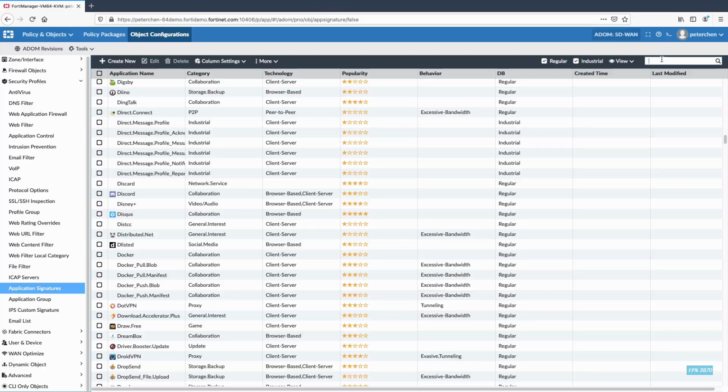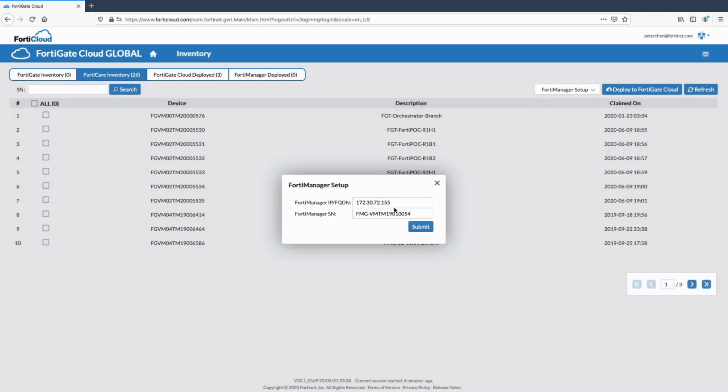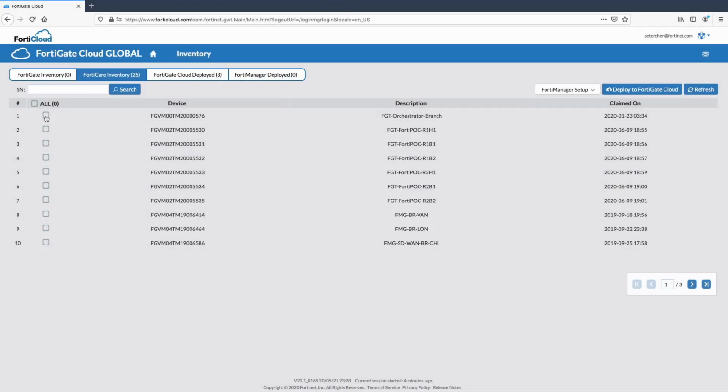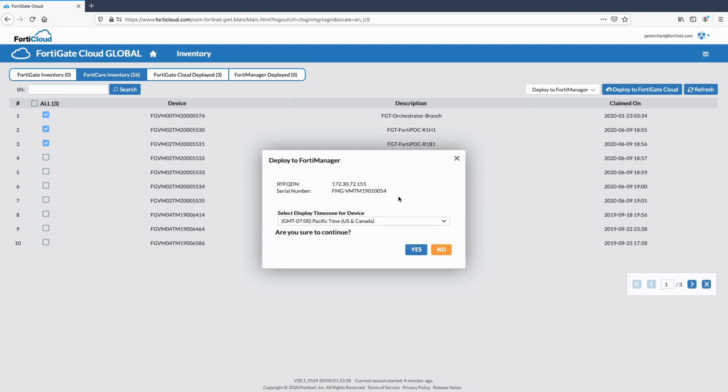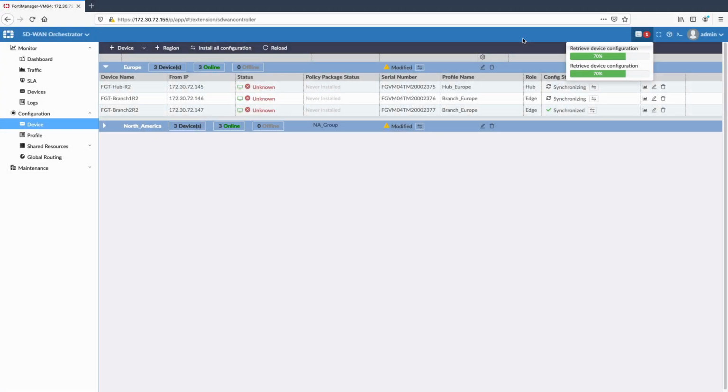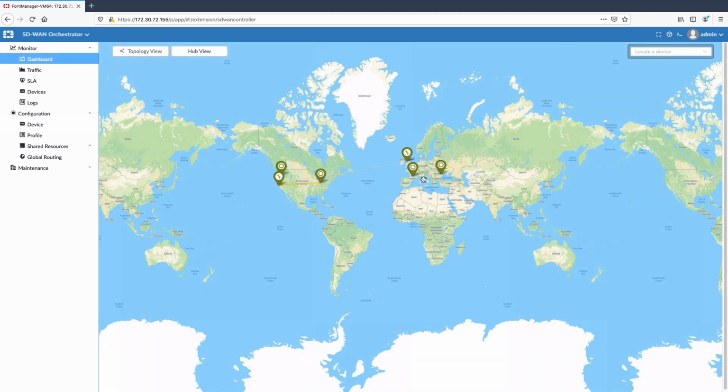SD-WAN business policies. With SD-WAN Orchestrator, zero-touch provisioning is extremely easy. FortiDeploy is a cloud that facilitates onboarding new devices into Orchestrator. Upon startup, FortiGate devices query FortiDeploy and receive the IP address of its assigned orchestrator. Once authorized, SD-WAN Orchestrator adds the device to the overlay network and fully provisions the new FortiGate with configuration and